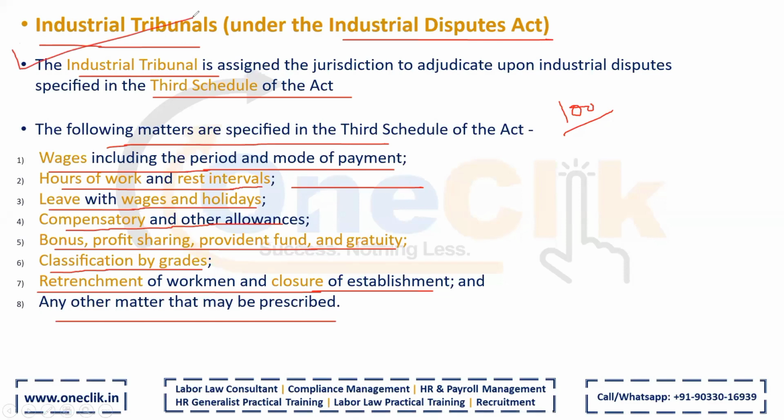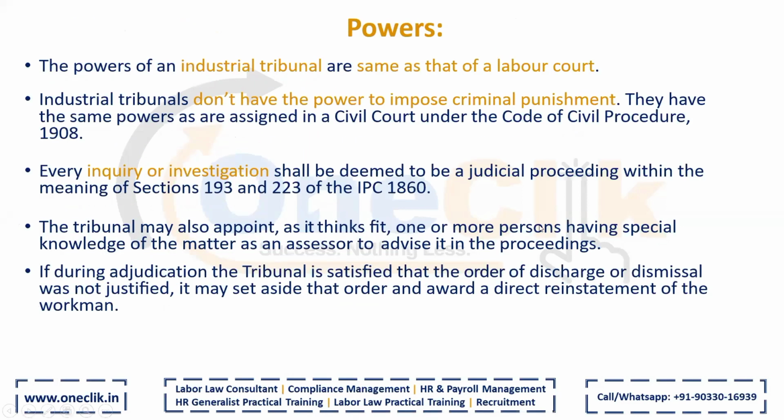So you will go to the labor commissioner, assistant labor commissioner, factory inspector, whatever, as per the hierarchy. They will refer to the top management, and if it is not getting resolved, then you can go to the labor court, or else you can go to the industrial tribunal. Right? Now, दोनों में से कहीं से भी as per the act आप जा सकते हैं.